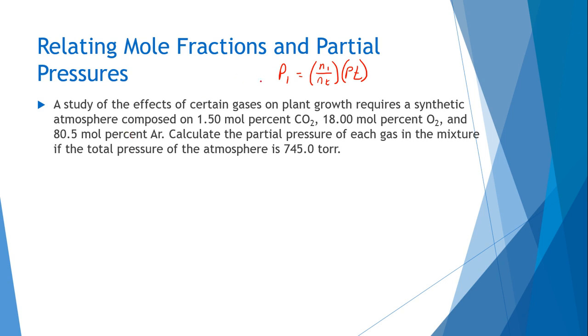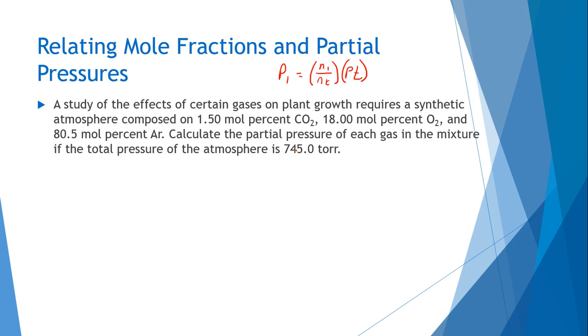So here it says a study of the effects of certain gases on plant growth requires a synthetic atmosphere composed of 1.5 mole percent of CO2, 18.00 mole percent of O2, and then 80.5 mole percent of argon. And it says calculate the partial pressure of each gas in the mixture if the total pressure of the atmosphere